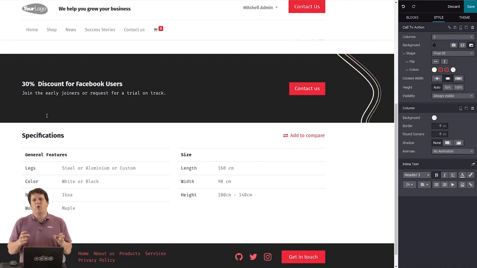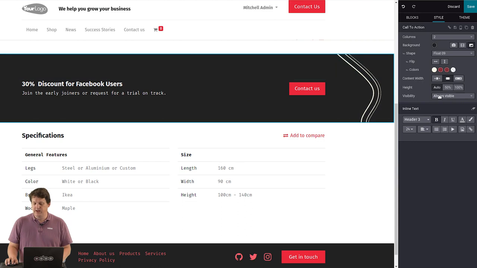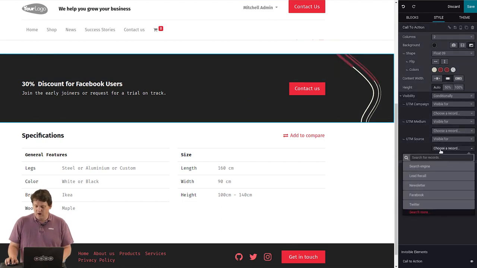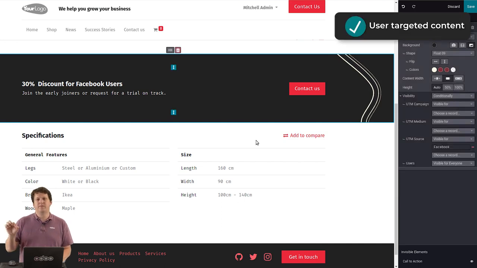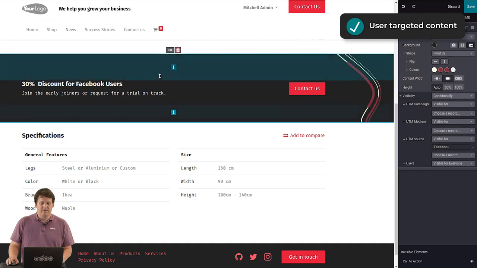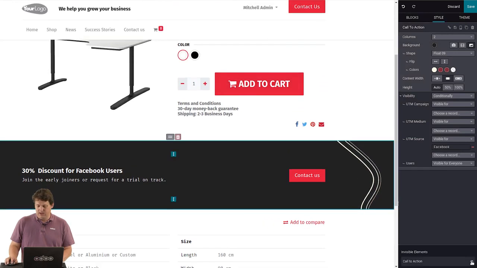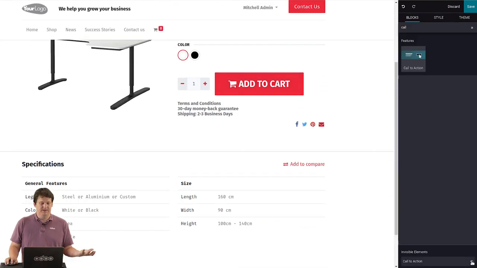But you know what? I want this content to only appear for some visitors on my website, the ones coming from a Facebook ad. So I'll use a new feature here, which is the visibility, and I will set it to conditionally. I'll say this banner will only appear for the visitor coming from Facebook. So the visitor coming from Facebook will see that in the page, and the other ones will see no